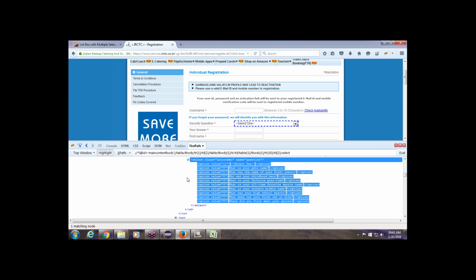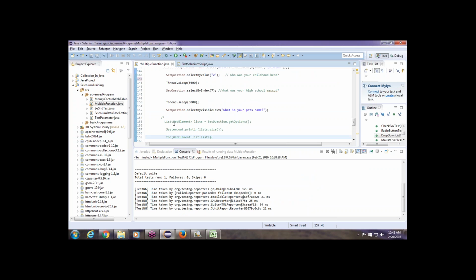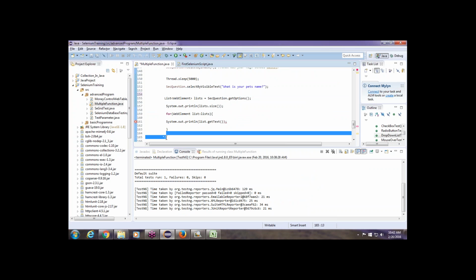Okay, that's not our technical part, but when you would like to check your drop-down function, how many list items will be there, how many elements, and what are the elements, the same thing you can use for listing down your elements. Like see, you have to uncomment this first, I am writing this. So you can prepare a list for the select question, get options, what are the options, what is the size, how many elements will be there, then the same for-each loop we define here, and again we are